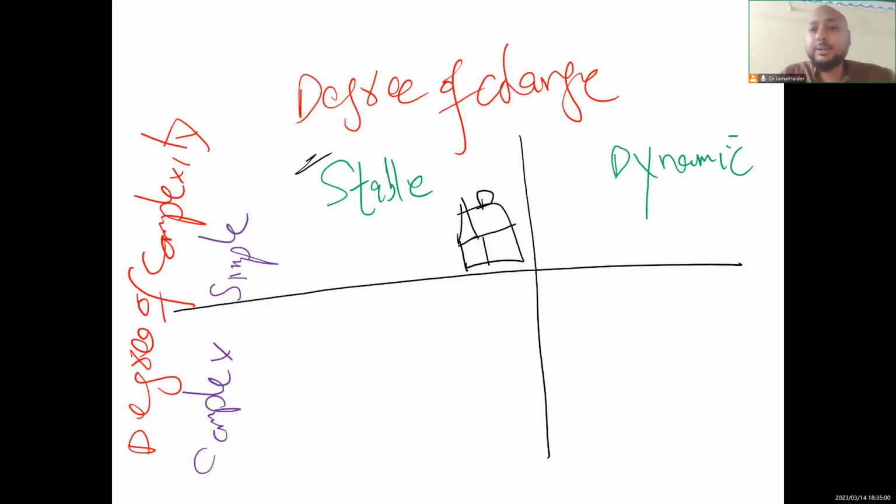It means your organization is stable. You can predict the environment easily. Okay? What if the factors are small, 1 or 2 factors, and the frequency of their change